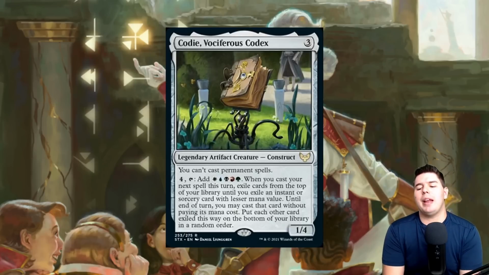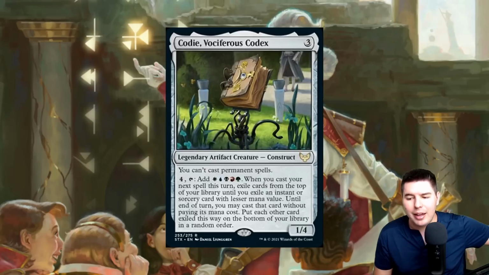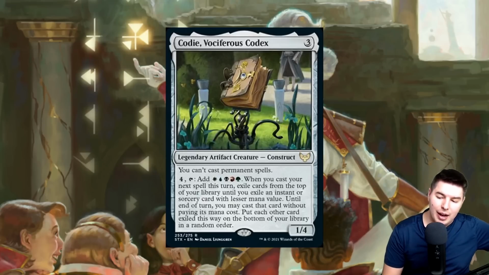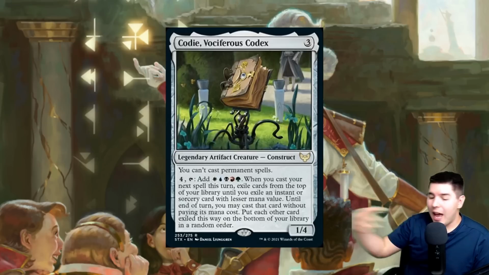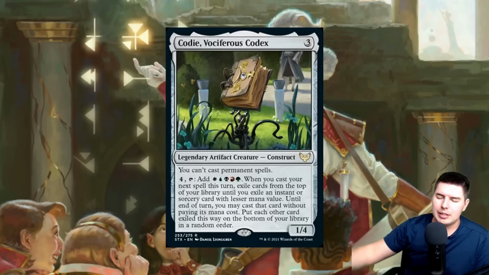So 4 mana, tap: add one mana of any color, white, blue, black, red, green. Whenever you cast your next spell this turn, exile cards from the top of your library until you exile an instant or sorcery card with lesser mana value. Until end of turn, you may cast that card without paying its mana cost. Each other card exiled this way is put on the bottom of your library in a random order. Sorry, that's a bunch of different stuff. So basically, if you tap this for the mana that you need and then cast a 7 mana spell, then